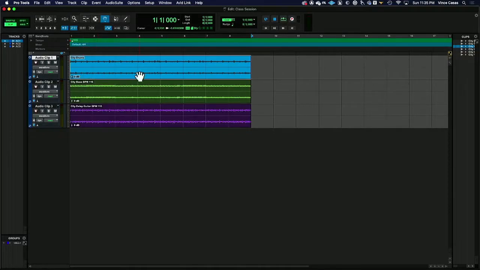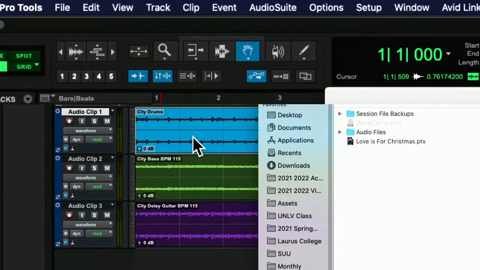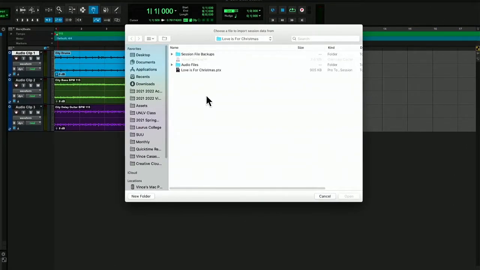Okay, so I'm going to bring in import session data. We're going to take a look at this one. If we go to File, Import Session Data, what this allows us to do is combine Pro Tools sessions or bring in data from any other Pro Tools session, allowing us to borrow things like mix settings, automation, or